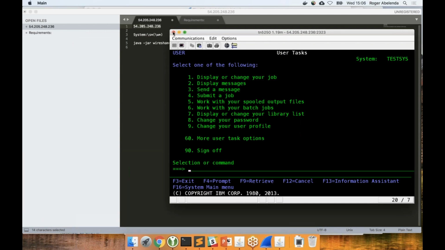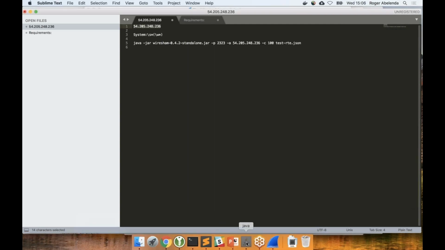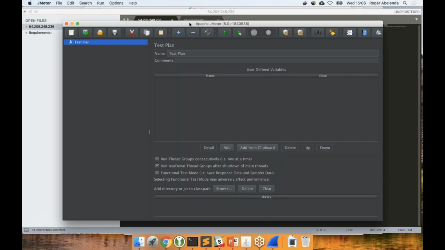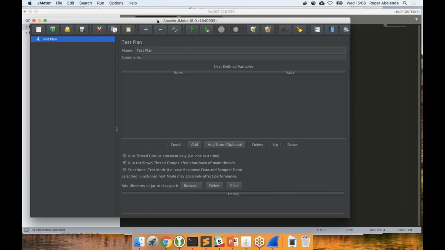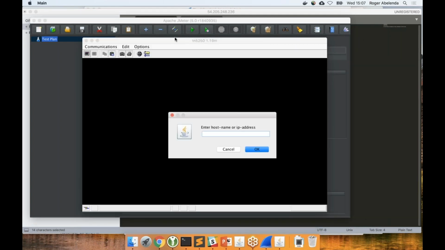test functioning. I will just test the login because with that you get the basics for testing any part of a Mainframe application. I'm not going to test the menu, all those things. So I'm going to close this. We are going to start with JMeter, and I'm going to restart the emulator so we can go step by step in the same process, and you can see how each of the steps in the emulator is mapped to